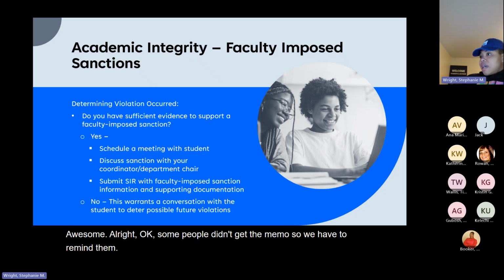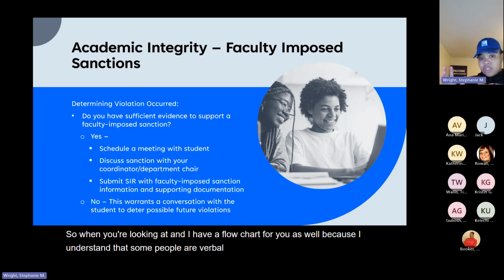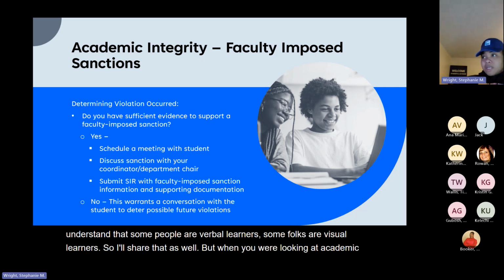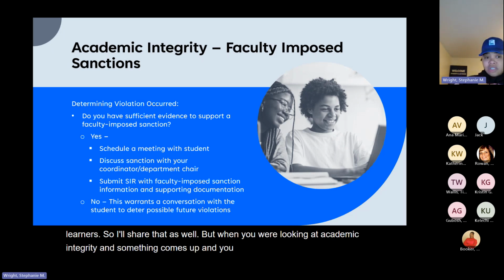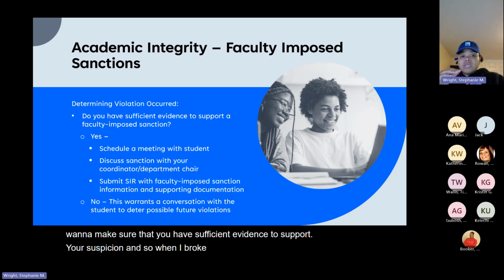So when you're looking at, and I have a flow chart for you as well, because I understand that some people are verbal learners, some folks are visual learners, so I'll share that as well. But when you were looking at academic integrity and something comes up and you had that suspicion, you want to make sure that you have sufficient evidence to support your suspicion. And so what I broke down here for you is